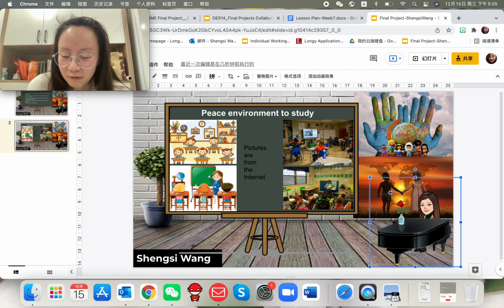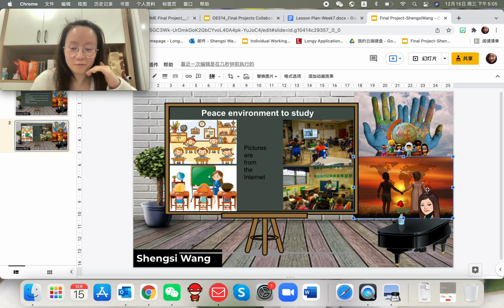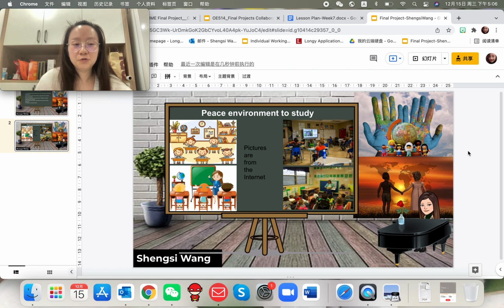In this picture we can see a black boy, a black girl, and a white girl who are friends. And here there is a world map. So this means we also need to respect all the people all over the world. And here there is a piano. I'm playing the piano here. Okay, so these are the